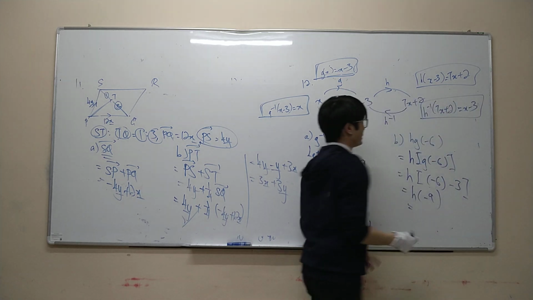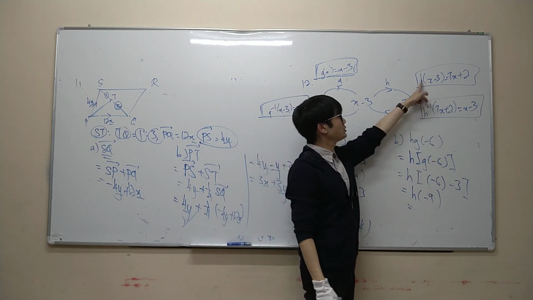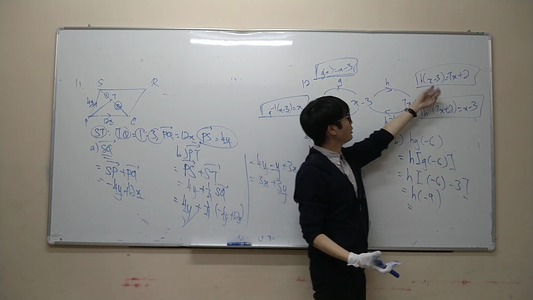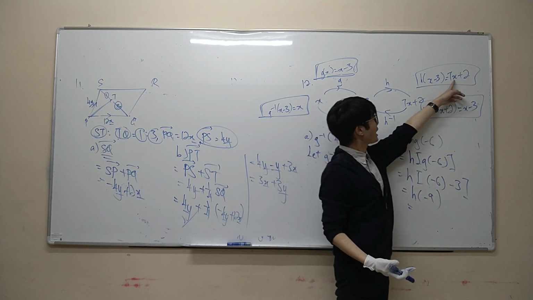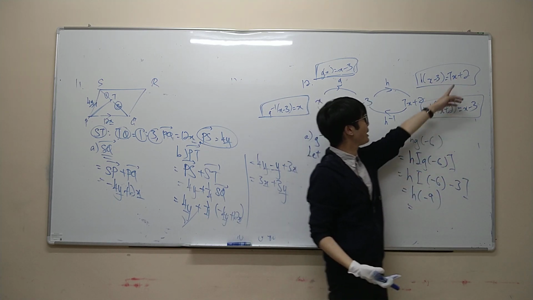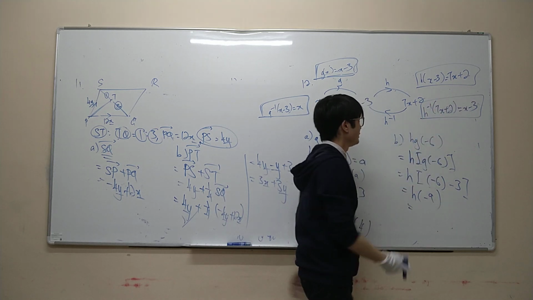Alright? You might say, oh, h negative 9 I can use this. But you have to be good at imagining. Because the x minus 3 now changed to negative 9, it means that the x minus 3 at the back also changes to negative 9. But is there an x minus 3 at the back? No. So actually,